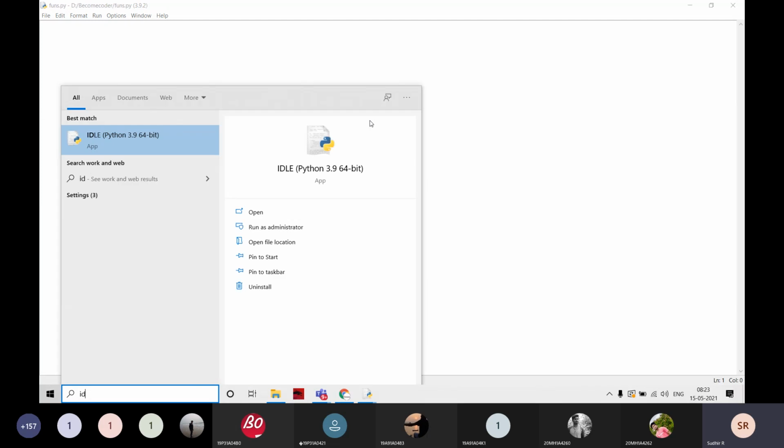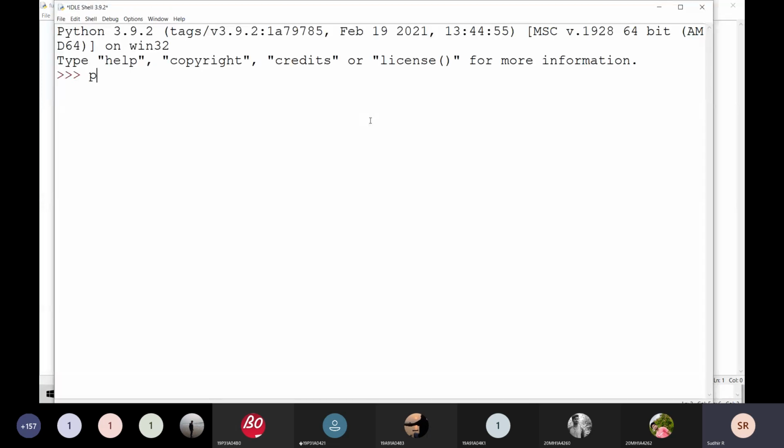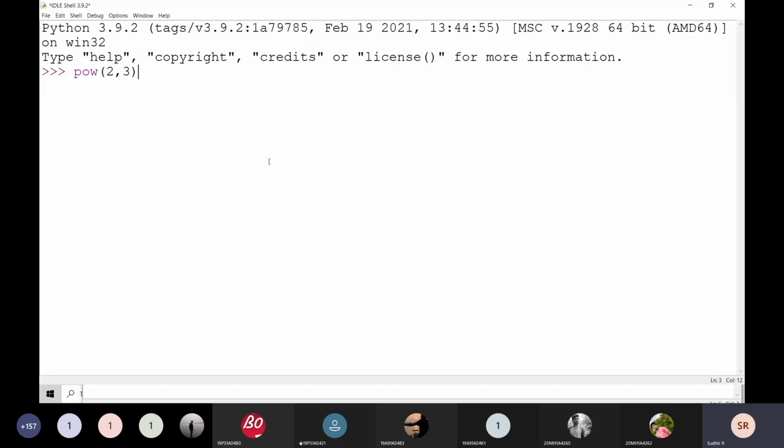For example, I'm going to write power of 2, 3. What is power here? POW. I'm writing like this, and it is going to give some value. That is a predefined function.